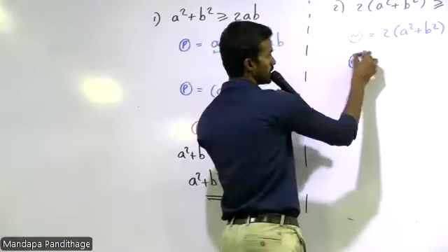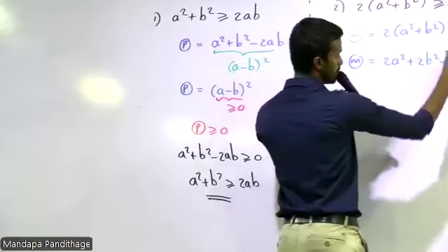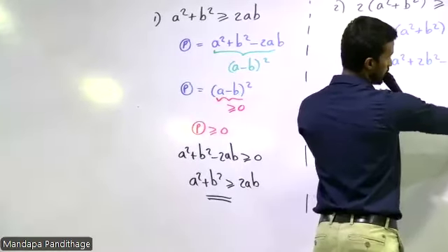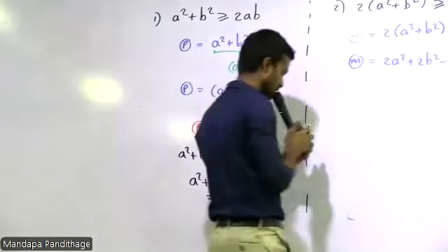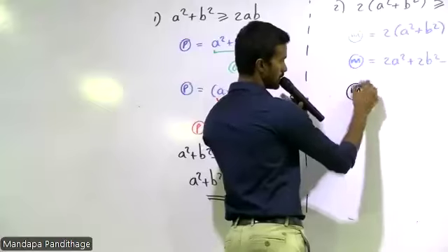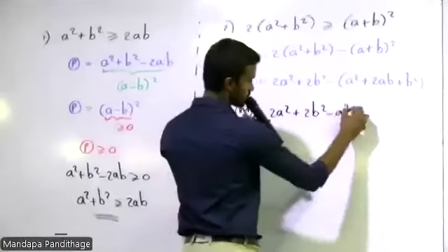So here 2a squared plus 2b squared minus a squared plus 2ab plus b squared. When you simplify this, it's 2a squared plus 2b squared minus a squared minus 2ab minus b squared. So it is clear you even here end up at the same place, a squared plus b squared minus 2ab,